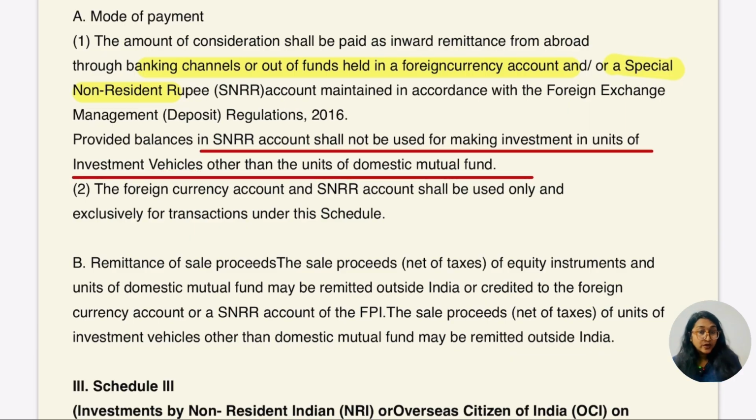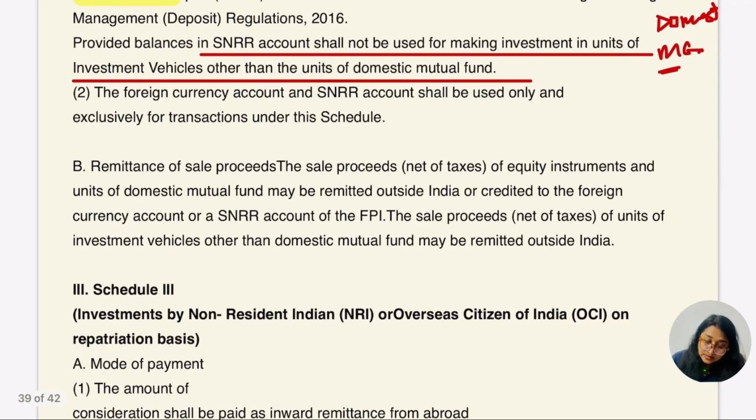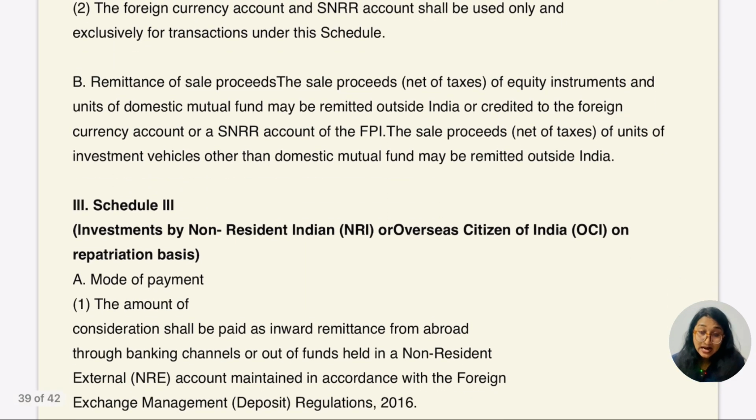So the investment done by these people could only use the domestic mutual fund. Other than the units of, they are talking about, they cannot make the investment in the investment vehicle. Then the foreign currency account and the SNRR account shall be used only and exclusively for the transactions of this schedule. Remittance of the sale proceeds, net, same thing, and the units of domestic mutual fund